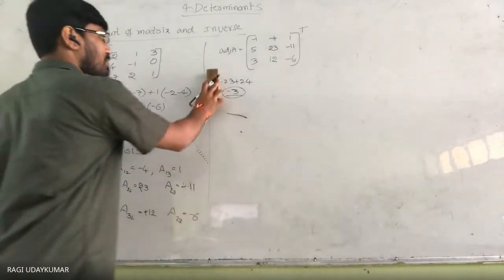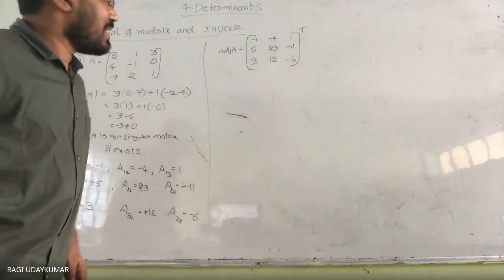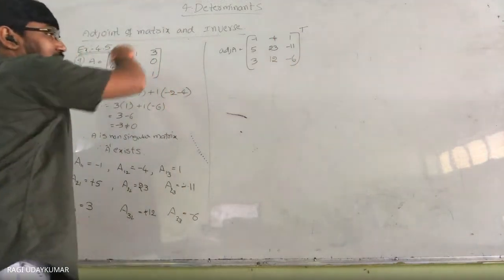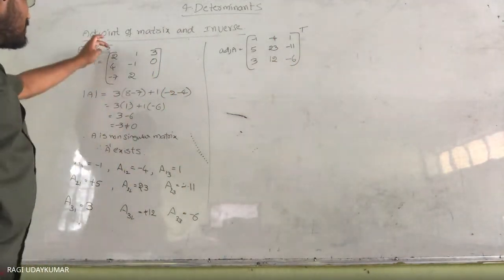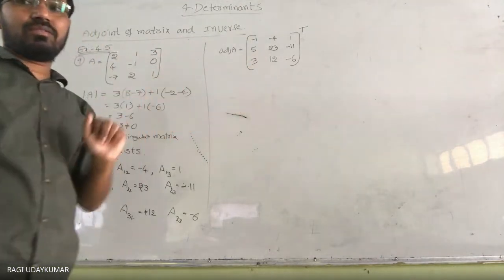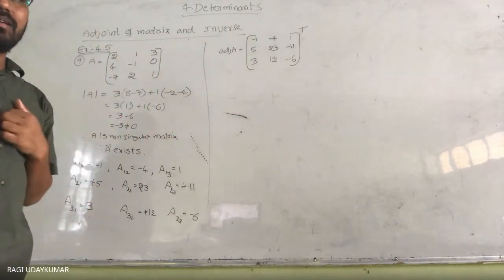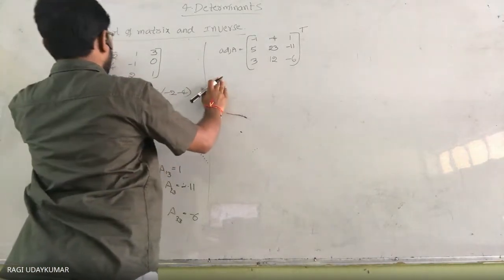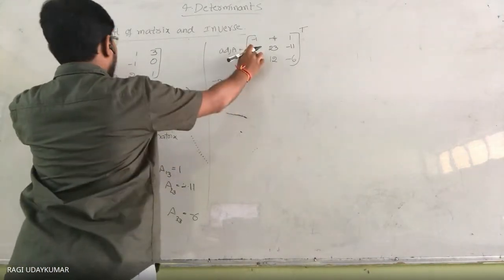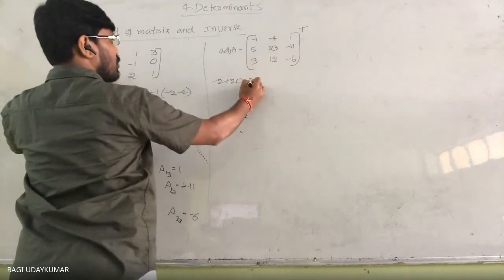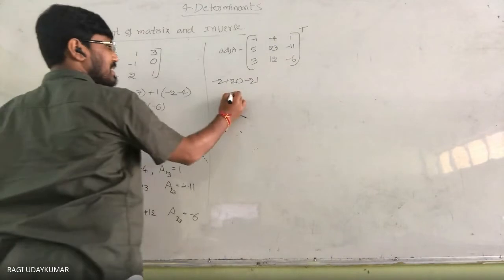Like this also you can confirm. Okay, the first row values, right or wrong, how do you verify it? With this. Now take this one into consideration. If you multiply this with this, you should get minus 3. 2 into minus 1, minus 2. 5 into 4, plus 20. 3 into minus 7, minus 21. What do you get? Minus 3.